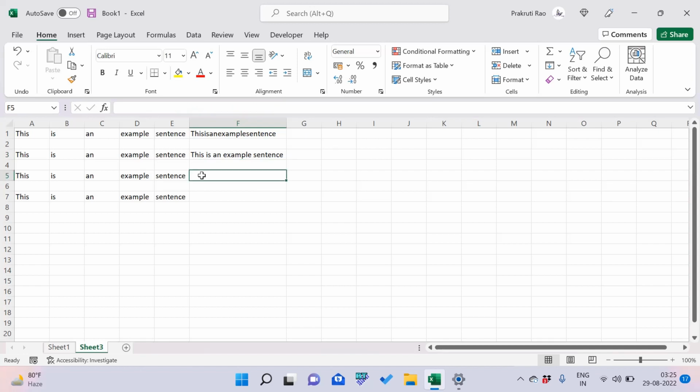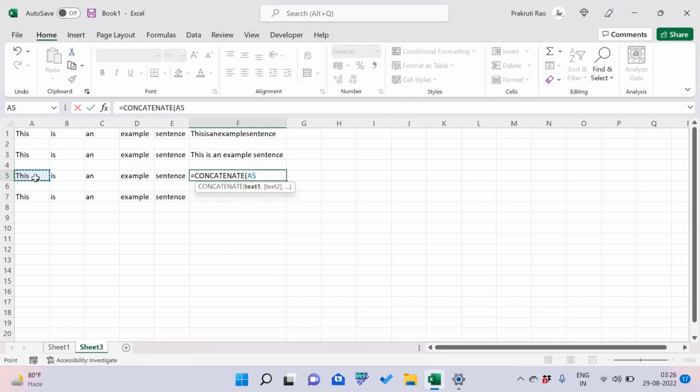Suppose in this case we'll take the example of a hyphen. So start the formula, concatenate, double click to activate. Select the first cell, then comma, then in this case we are adding a hyphen. So we need to make sure we add the hyphen between inverted commas only. So we'll start the inverted commas, enter the hyphen, and close the inverted commas, comma, second cell,